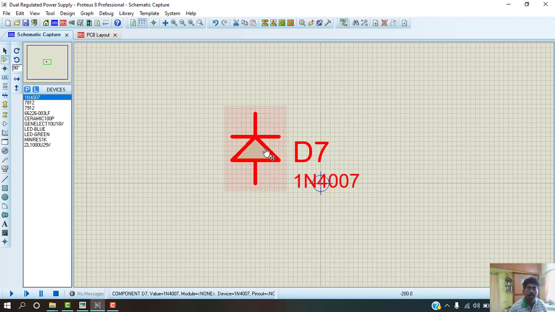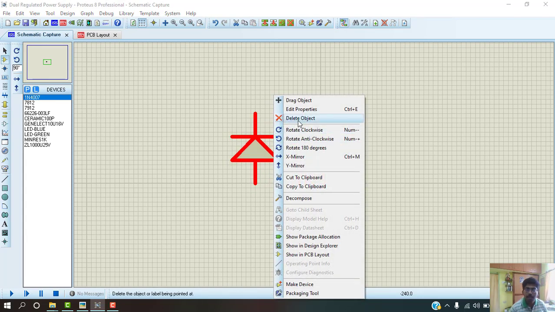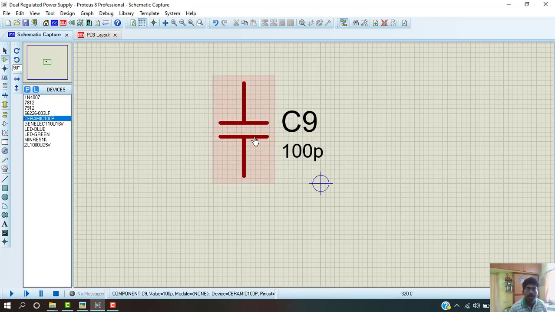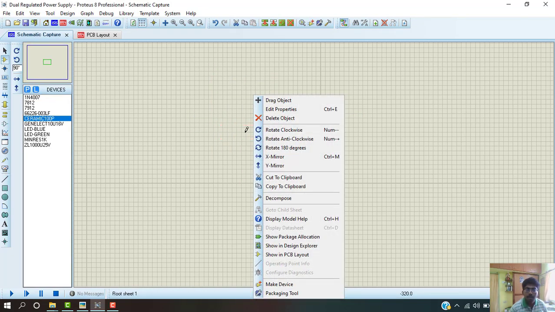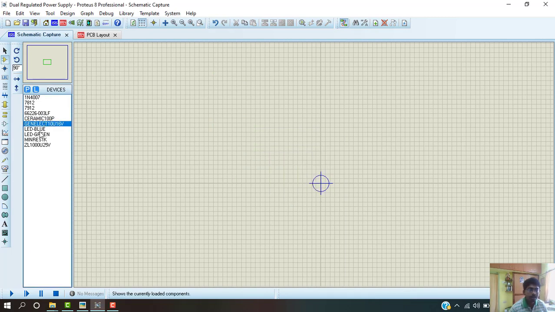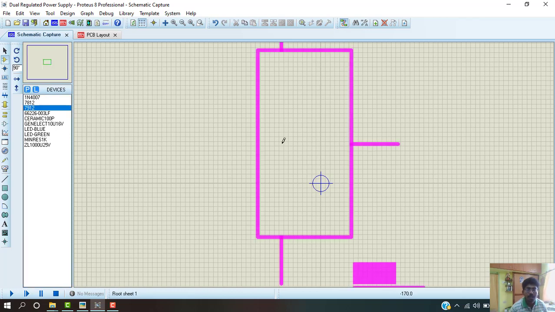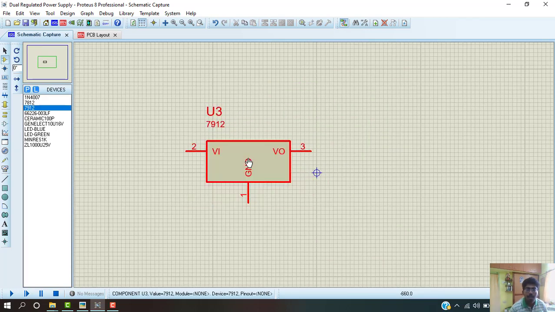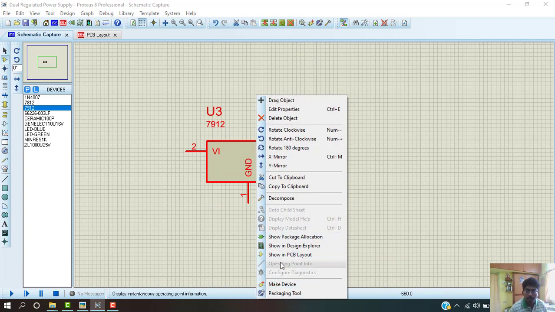Then you can delete the component by using the delete object option. You can also delete it by pressing the delete key after selecting it like this. You can also use the mirror options. You can scroll or zoom in and zoom out using the mouse scroll button.